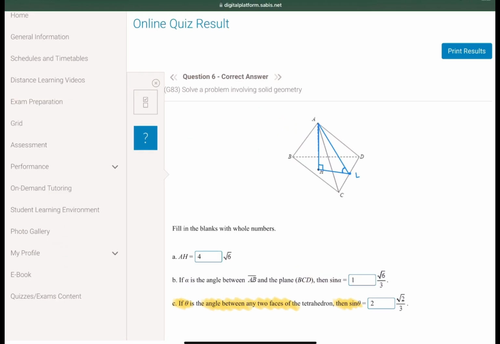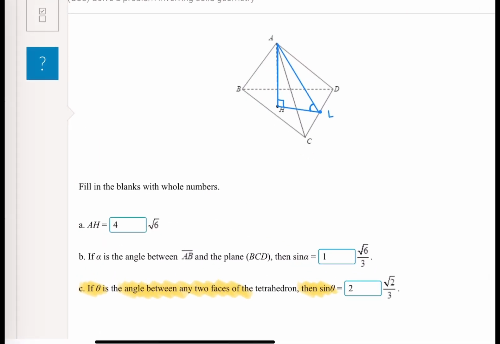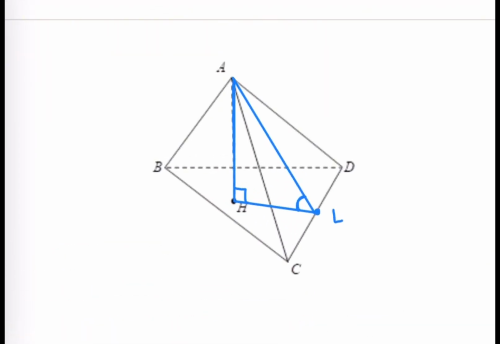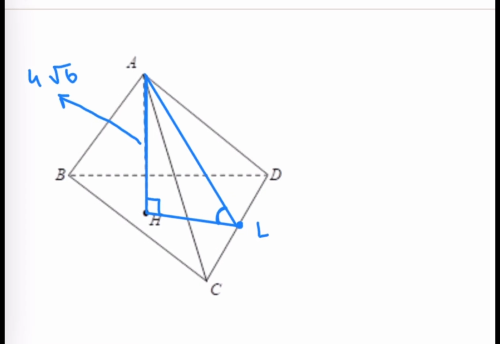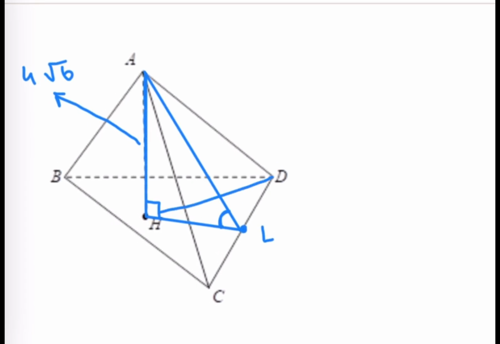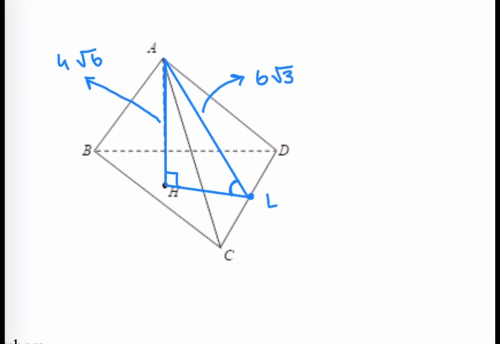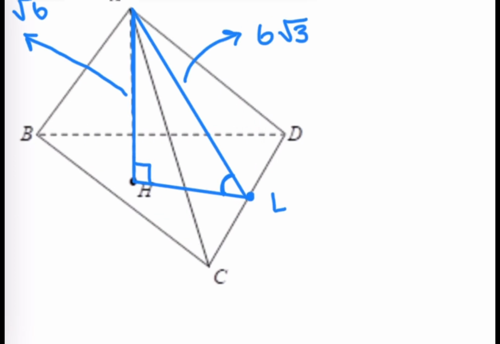So we already know from the first part that AH is 4 radical 6. So AH here is 4 radical 6. And if you think about it, AL has the same measure as DM. This is the line DM that we found in the first part. And if you remember, DM is 6 radical 3. So now that we have these two sides, we can apply the sine rule and we can find the measure